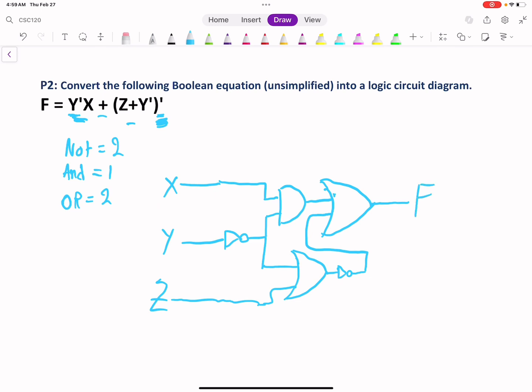That's it. And that's how to draw the logic circuit diagram, where this is basically Y prime, and then right here it becomes Y prime X, and then right here we have Y prime again, and then Z. Then right here becomes Z plus Y prime, and then right here becomes Z plus Y prime, and then primed on the outside. And then we add both of them, we get Y prime X plus Z plus